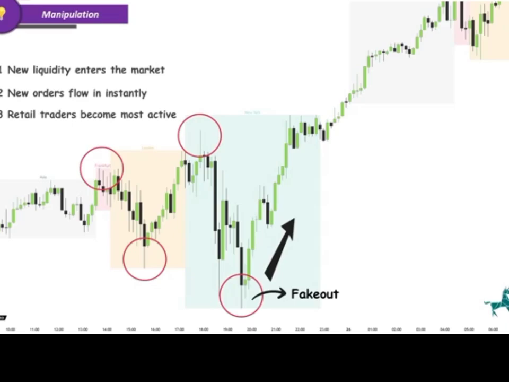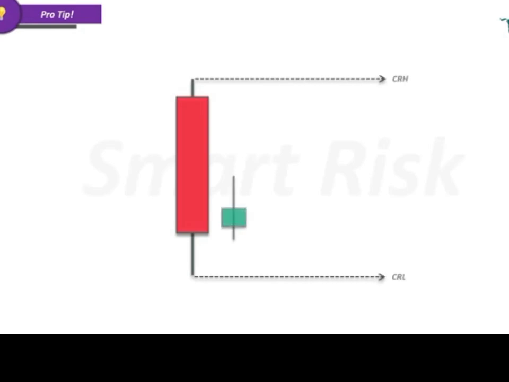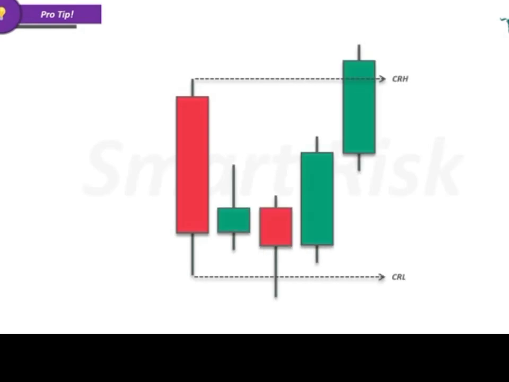Also, keep this in mind. The CRT model does not always have to be a strict 3-candle sequence. It can also form through a series of more than 3 candles. The only difference is that the classic 3-candle sequence usually forms over a shorter period of time. But the core principle always stays the same. Whether it forms with 3 candles or more, the most important thing for us is the manipulation phase and the